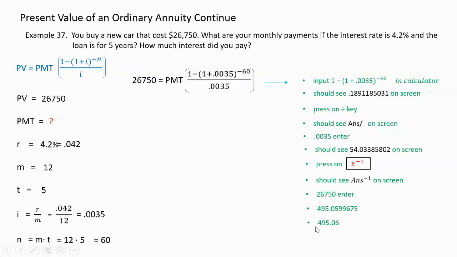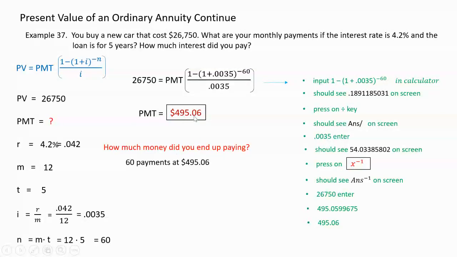There are your monthly payments. So you're going to end up paying $495.06. How much money did you pay extra? Okay, so we're going to multiply the total payments, which is 60, times the amount paid every month. So it's going to give us $29,703.60. So you end up paying, that's how much you paid for the car instead of the $26,750 because the